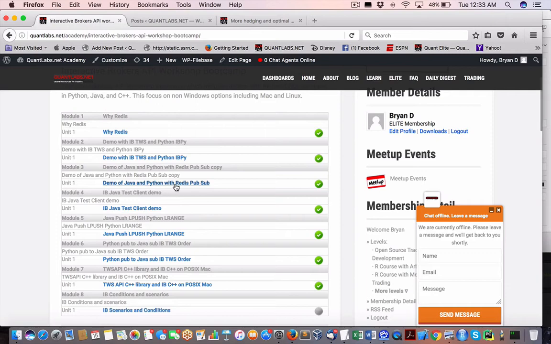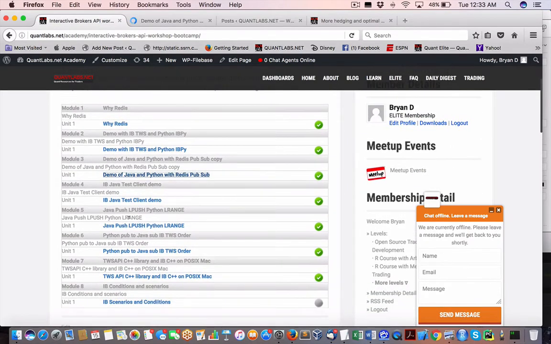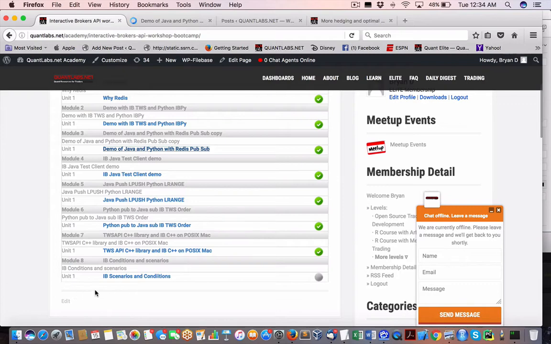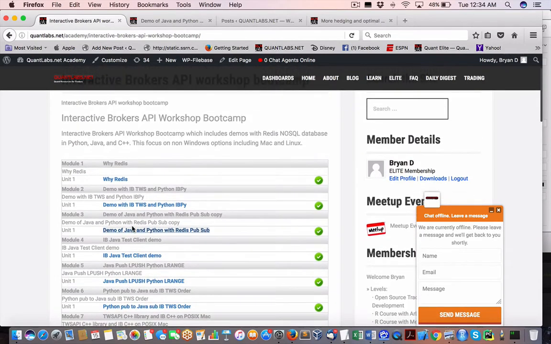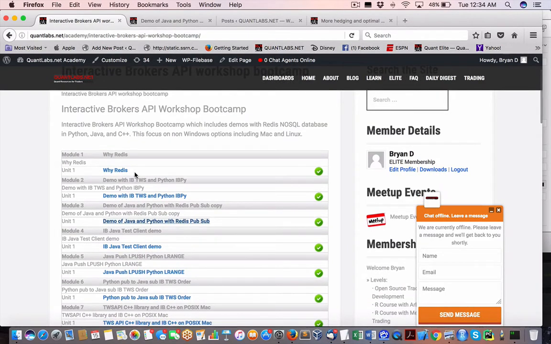Let me just randomly pick one of these little guys. So what we've got here, I've mentioned this before, 9 modules. We'll have a 10th module here with the playbacks of all the live lessons I'll go over in a minute. But the structure is fairly easy. We've got Redis, which is our backstore, which is our data hub of all the fun stuff that we'll be doing between our analytical scripts as well as the interaction that we may need for Interactive Brokers, for execution or